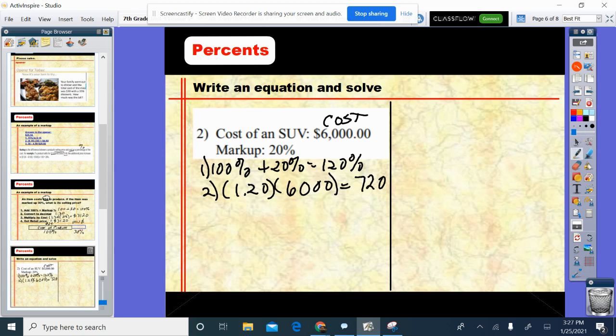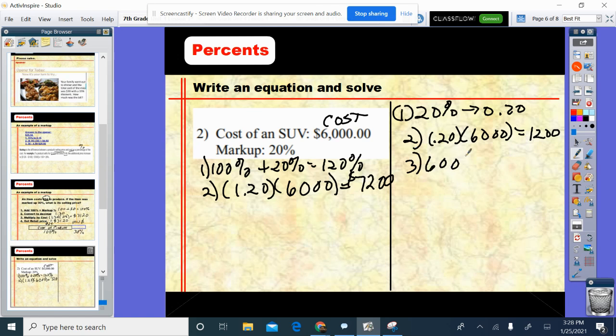I was thinking about another method here too. Okay, so $7,200. Now let me show you a different way of doing that. You might recall when we were doing percentage increases before, we would take the percent and convert it to a decimal, and then multiply that decimal times the original amount, and we would get $1,200, because 20 hundredths times 6,000 is $1,200. Then we would add the original amount and our percentage increase, and lo and behold, we get